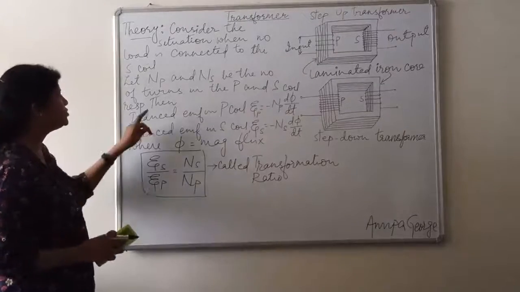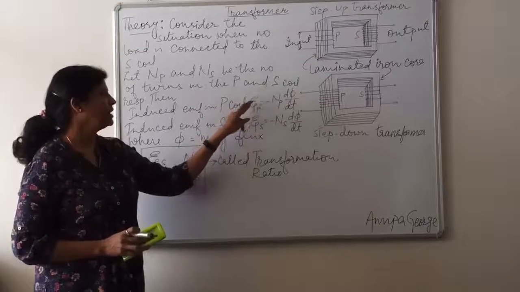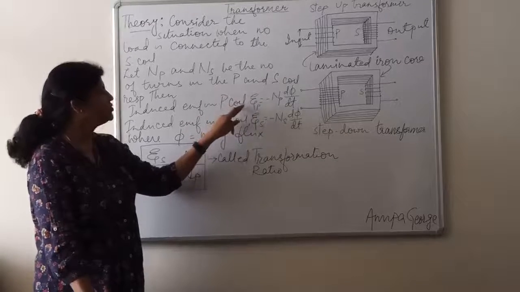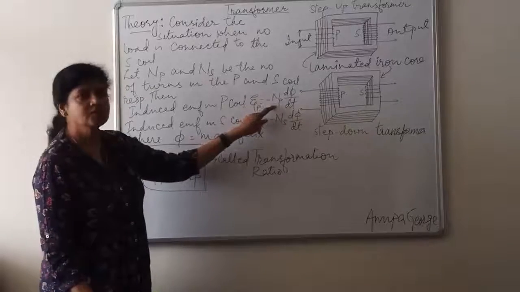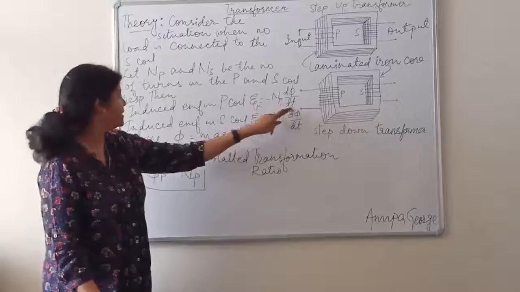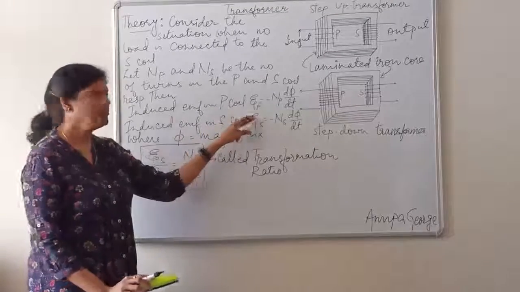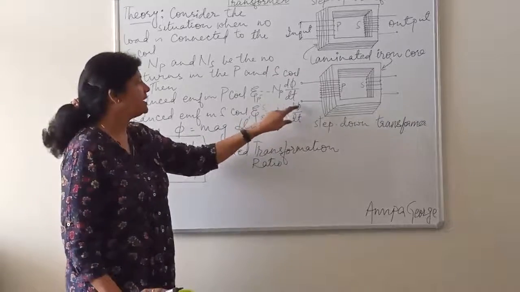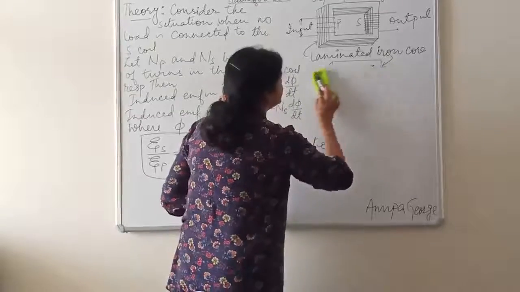Then induced EMF in primary coil, Ep, will be equal to minus Np d phi upon dt, and induced EMF in secondary coil, Es, is equal to minus Ns d phi upon dt,